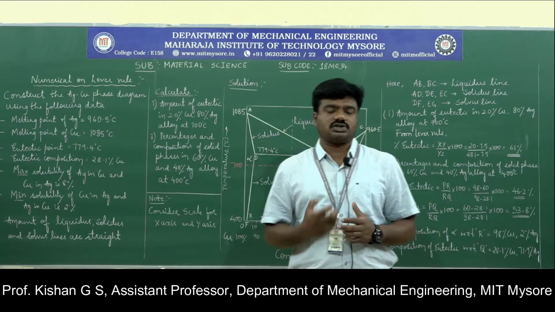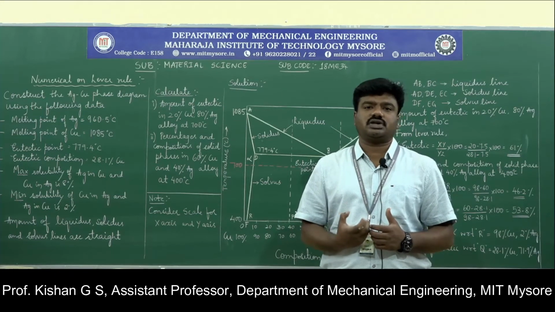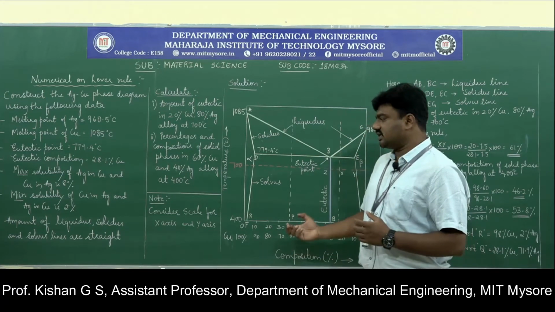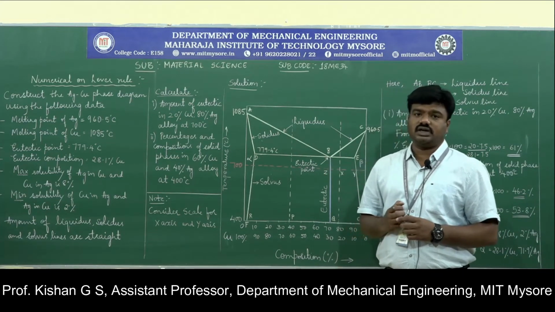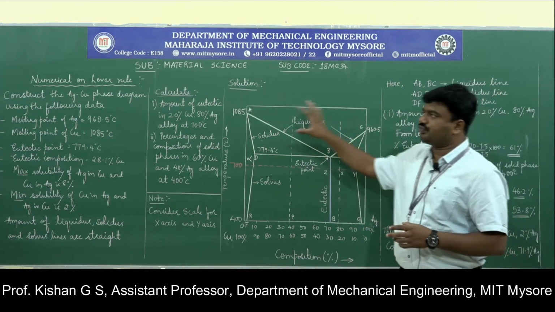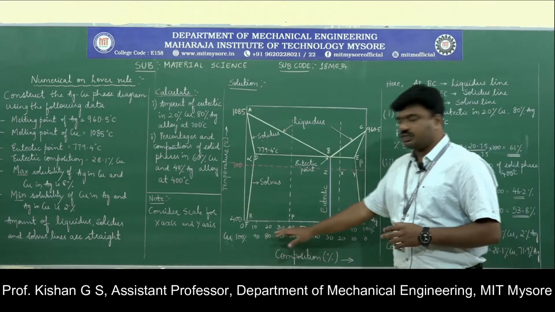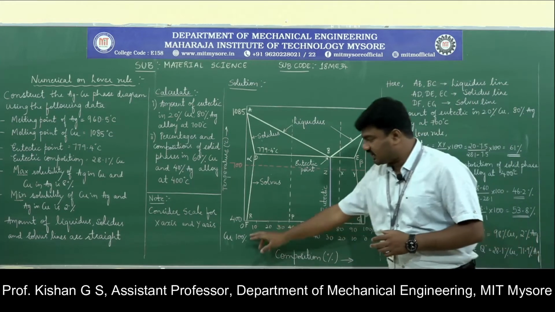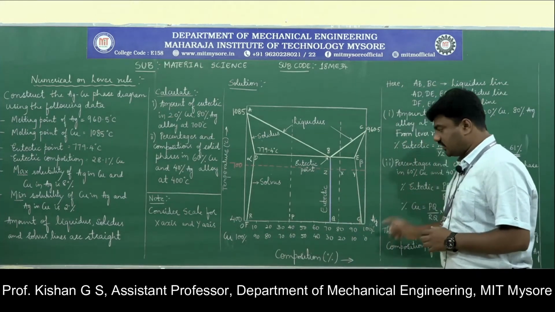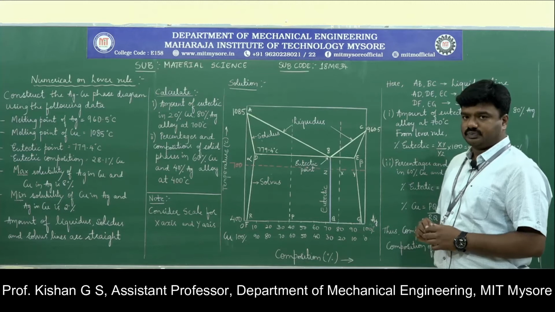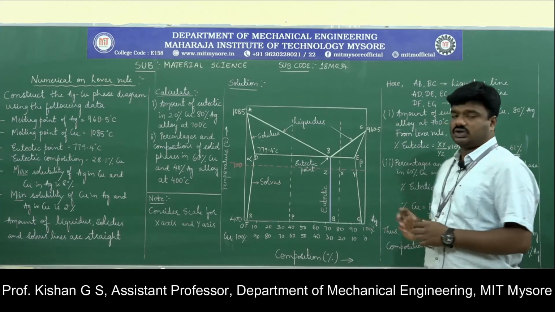It depends on the construction. Once we go through the solution of one numerical, we will get to know how the scale factor is to be considered. Along the x-axis it is the composition, and along the y-axis it is the temperature in degrees Celsius. Since we have two materials to consider here, copper and silver, along the x-axis we take the composition. Towards the left I have considered copper percentage to be 100, and towards the right I have taken silver percentage to be 100. This means the maximum percentage of copper is on the left side and the maximum percentage of silver is on the right side.